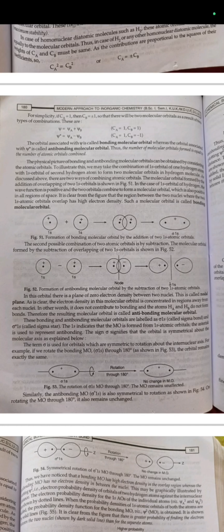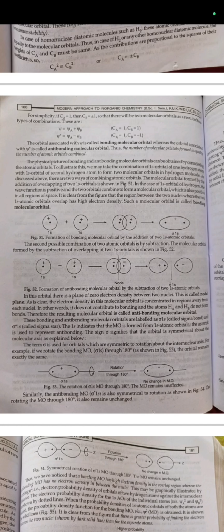In these orbitals, there is a plane of zero electron density between the two nuclei. This is called the nodal plane. As is clear, the electron density in this molecular orbital is concentrated in the regions away from the nuclei. In other words, it does not contribute to bonding; the H atoms do not form bonds, therefore the resulting molecular orbital is called antibonding